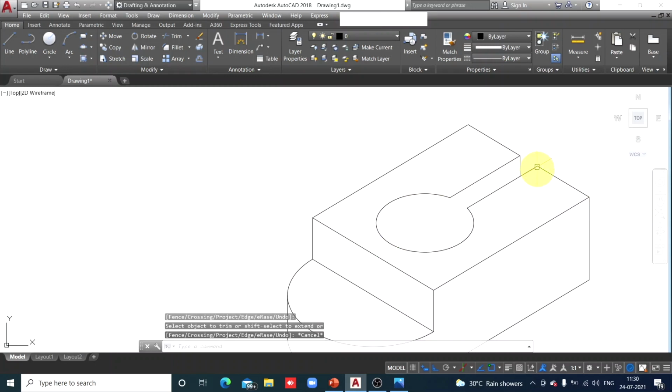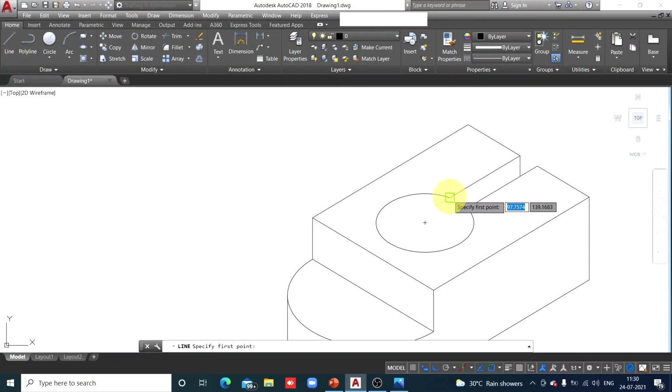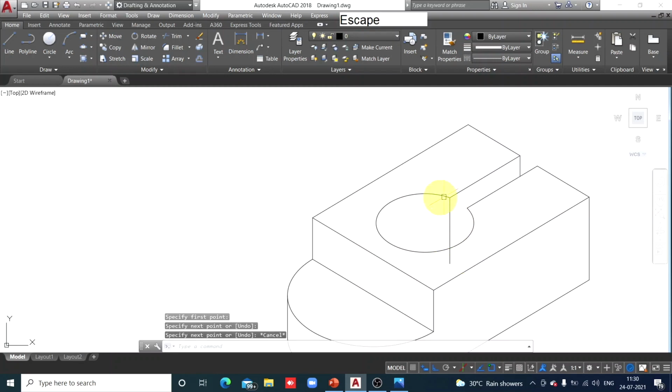Similarly, from this corner also there is a vertical edge, but that is hidden because this is the top surface, and of course the top surface is visible. So an edge over the visible surface is hidden. So you are not going to show that edge. Then from this corner also there is a vertical edge. So this is the opening of the hole. So through the opening some portion of the edge is visible. Draw that. Unnecessary portion you trim it. So check here. I have trimmed it.